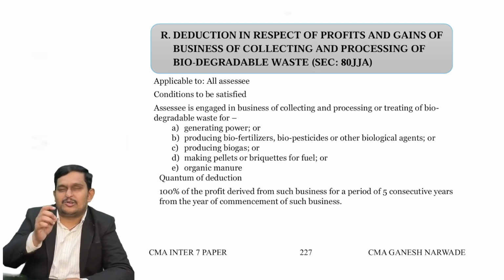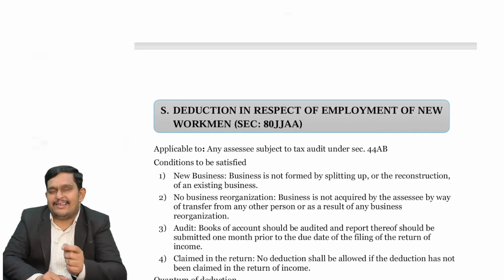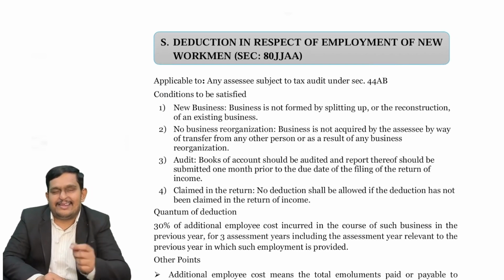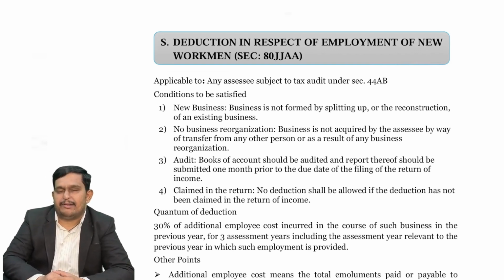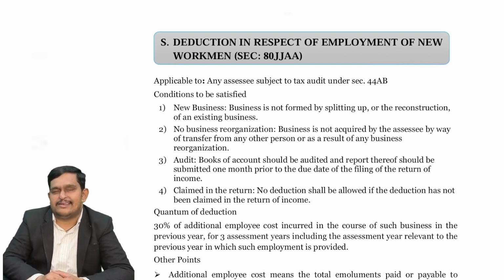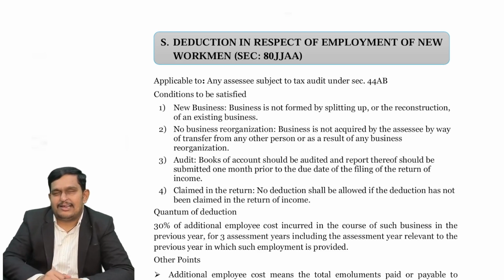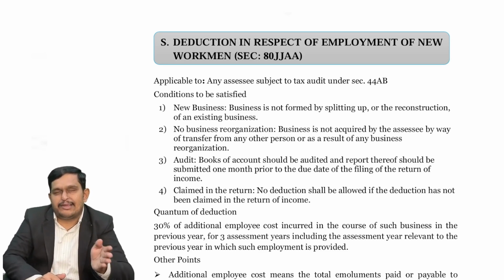Okay. Shall we go to the next section? And that is 80JJAA. I am talking about which section? 80JJAA. Now, this section is applicable to all assessees who are subject to tax audit under section 44AB. So this section is applicable to all assessees